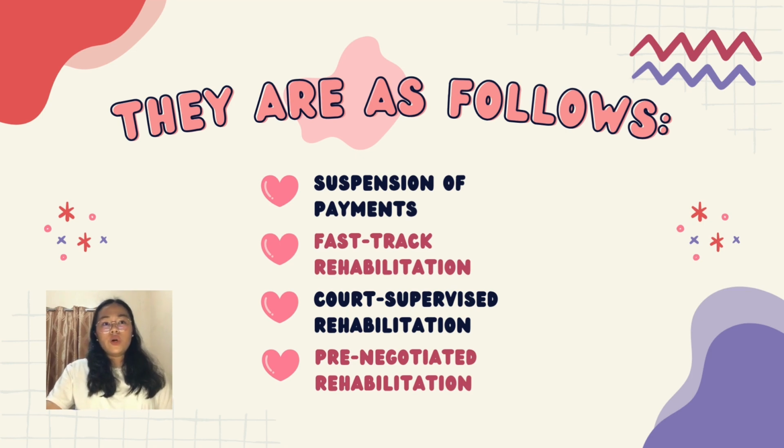The moratorium is limited to 3 months under the watch of a conservator. And if the debtor chooses this option, it is precluded from obtaining relief under court-supervised rehabilitation or pre-negotiated rehabilitation for an entire year thereafter. The fast-track rehabilitation is a default relief under the proposed legislation.